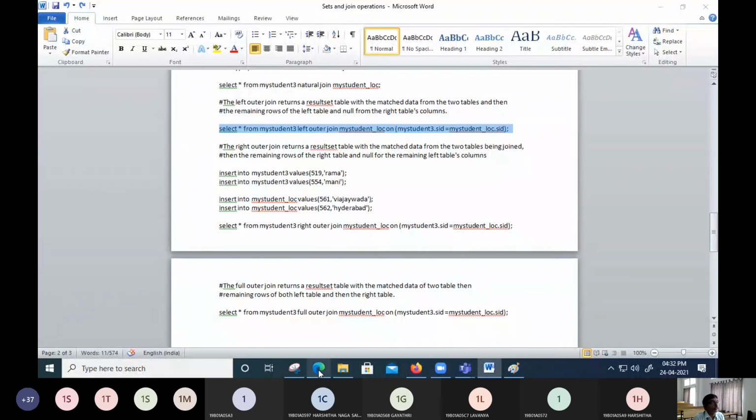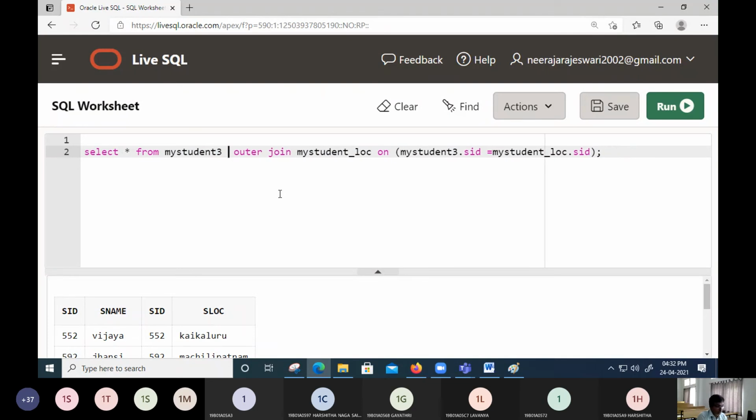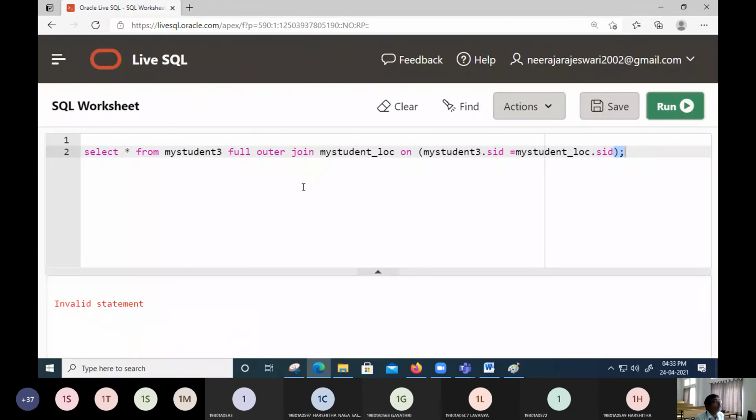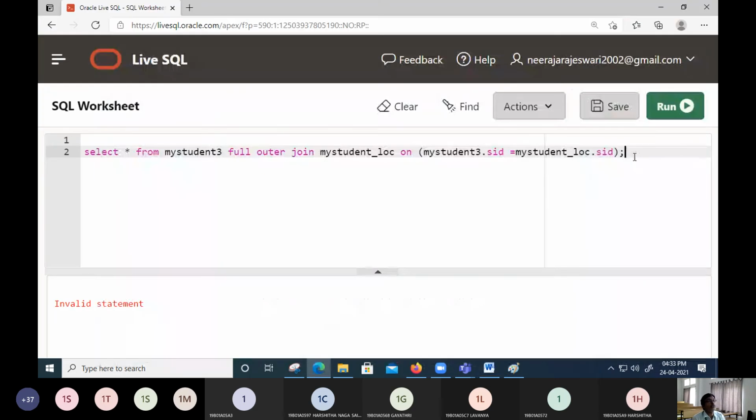What are we going to expect of the records if we put full instead of left or right? Now let us put it as a full outer join. So when we make it a full outer join, you just execute the run. I will re-execute the command here. Is the word full correct? Full outer join. So we will execute this.